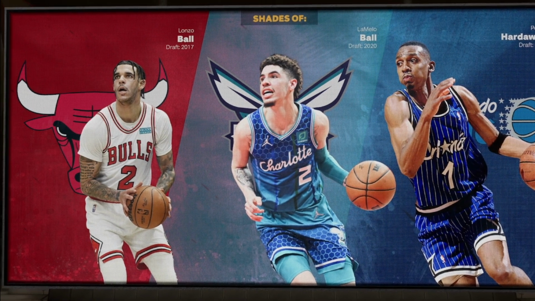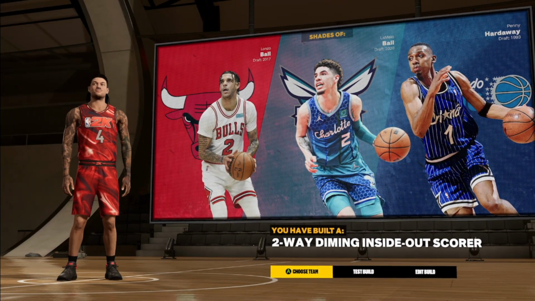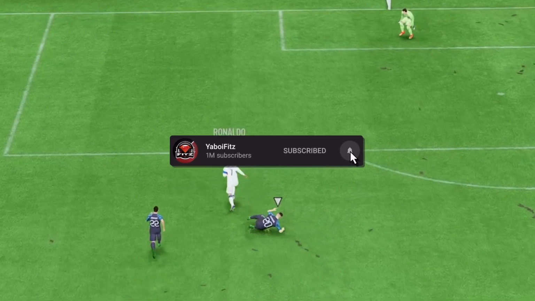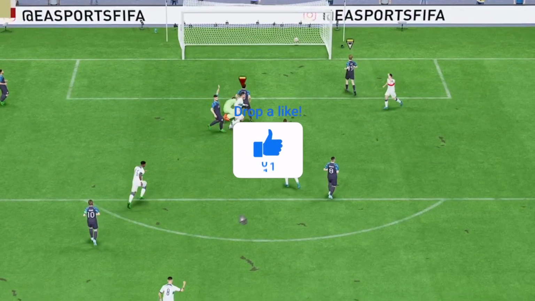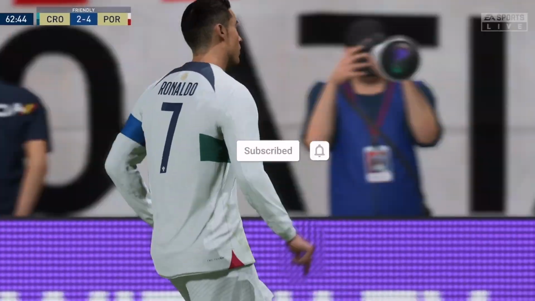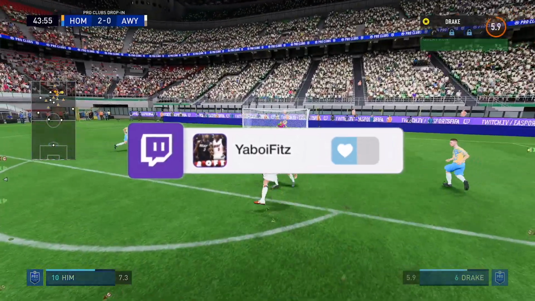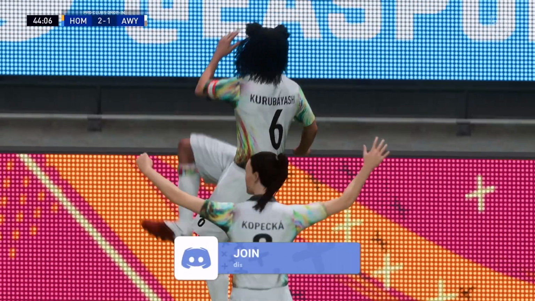That's what the build looks like. Similar to shades of Lonzo Ball, LaMelo Ball, Penny Hardaway, and the build comes out as a two-way diming inside-out scorer. And yeah, that's going to be the build. If you guys want more of these crazy Rebirth builds that can do everything, I think this is honestly the best, hands down. Set it, do it, make it, and not have to worry about another build the rest of the year. There's a lot of great builds that you could argue are better than this build, but when it comes to builds that literally can do everything and you don't have to worry about making another build for the rest of the year,